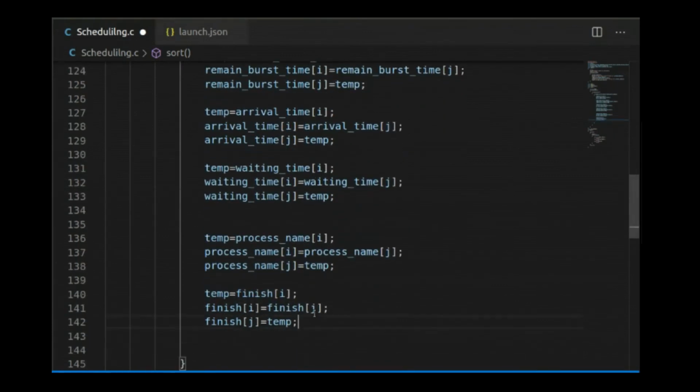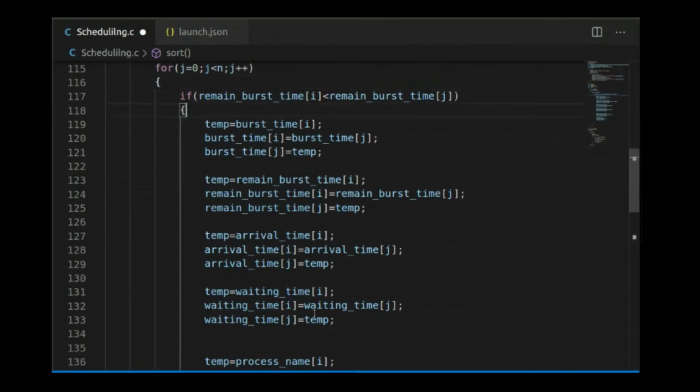So these many swappings are required. If you had used a structure instead of simple array variables, it would have saved lines of code. But initially I had started with arrays, so I have kept the arrays. If you want to go for a structure, the program will be easier and the number of lines of code will be less. So why is this swapping required?